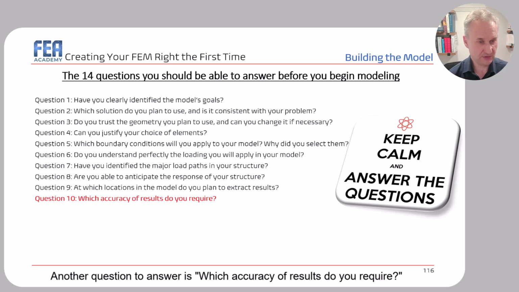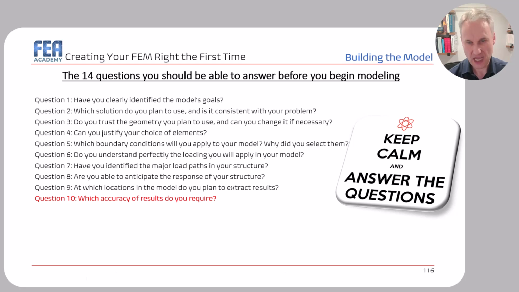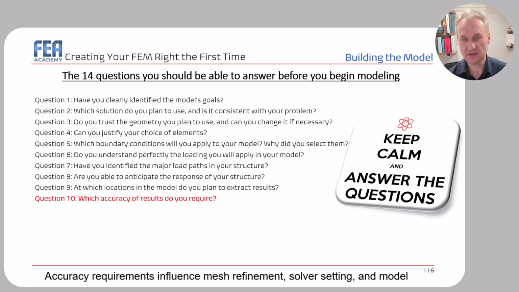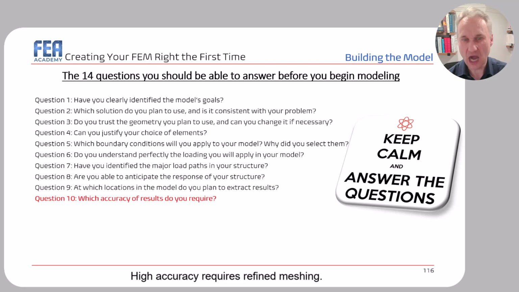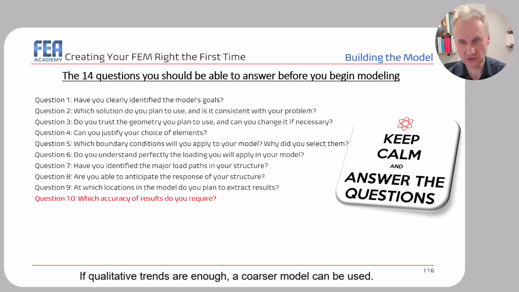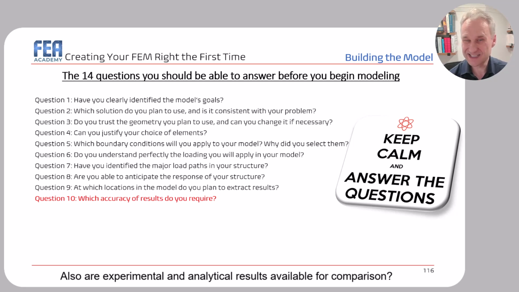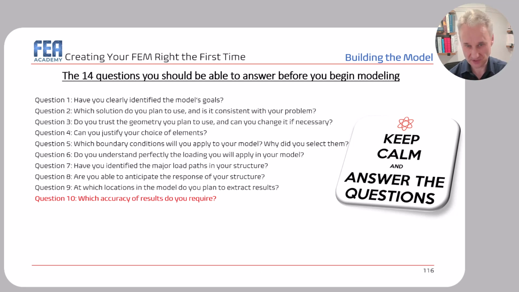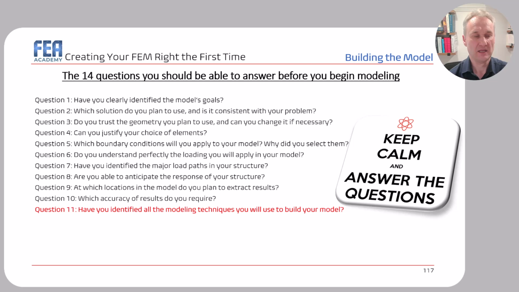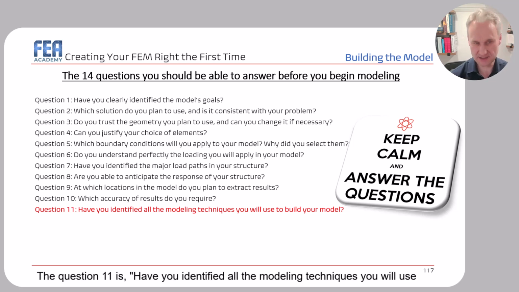Another question to answer is, which accuracy of results do you require? Accuracy requirements influence mesh refinement, solver settings, and model complexity. High accuracy requires refined meshing. If qualitative trends are enough, a coarser model can be used. Also, are experimental and analytical results available for comparisons? Okay, answer those questions. The question 11 is, have you identified all the modeling techniques you will use to build